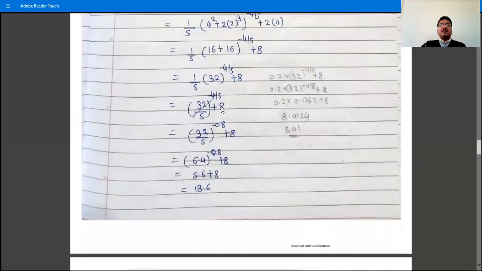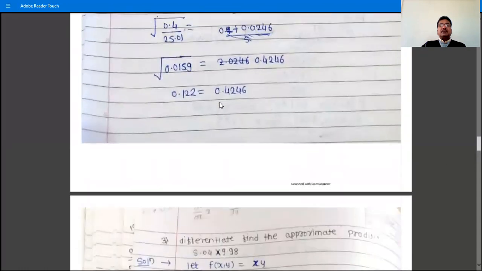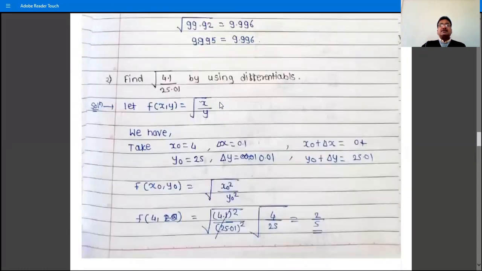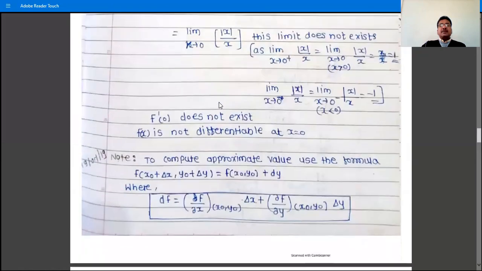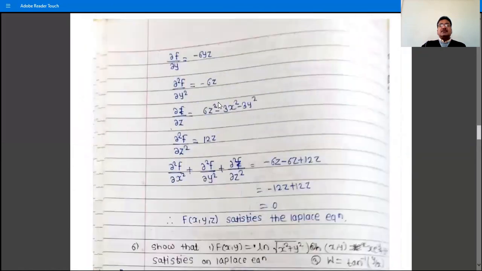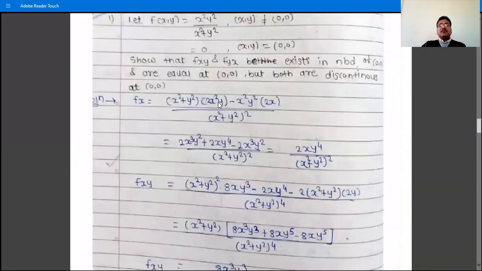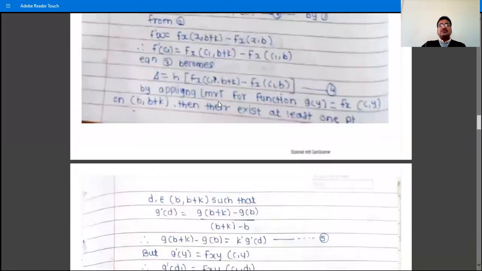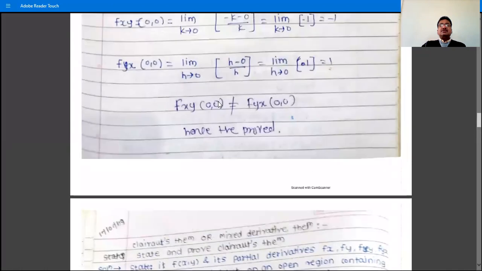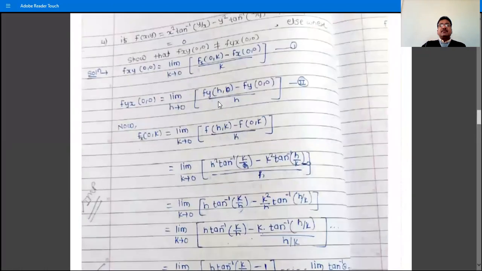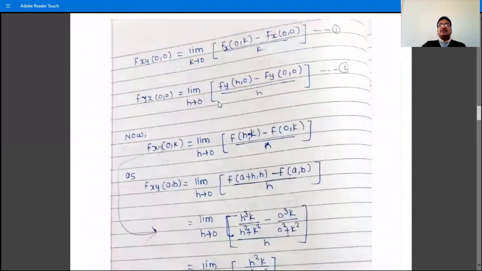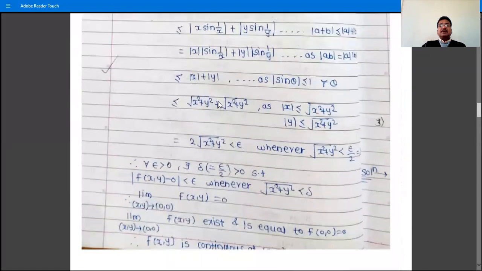We already observed this problem earlier, that the limit as x tends to 0 of |x|/x does not exist. So we can show that the limit of |x|/x as x tends to 0 does not exist. At the beginning of the chapter,